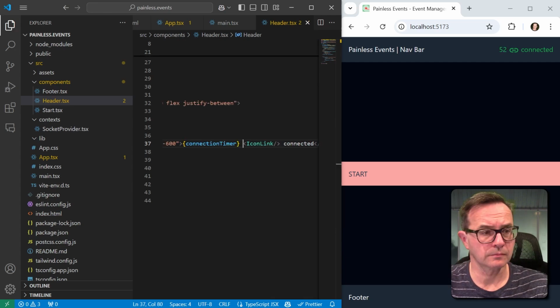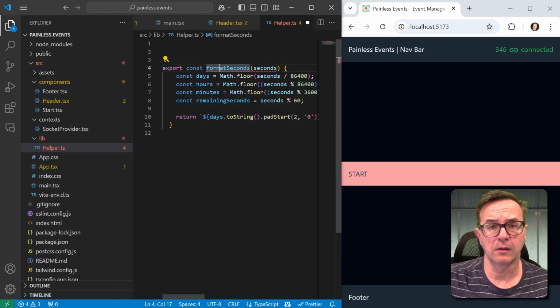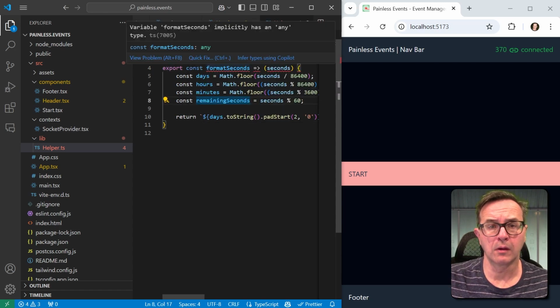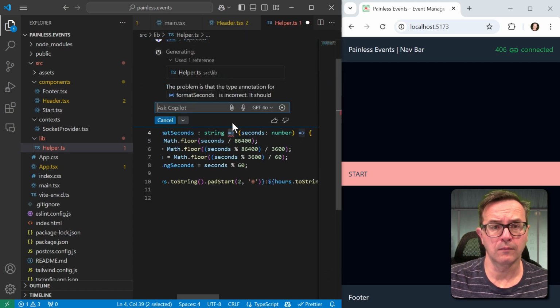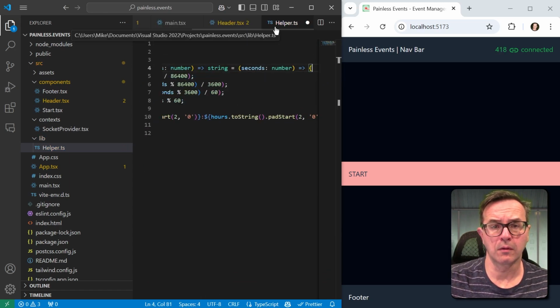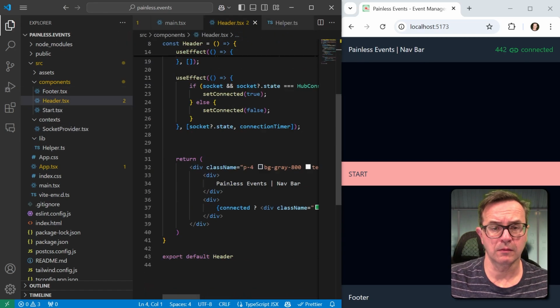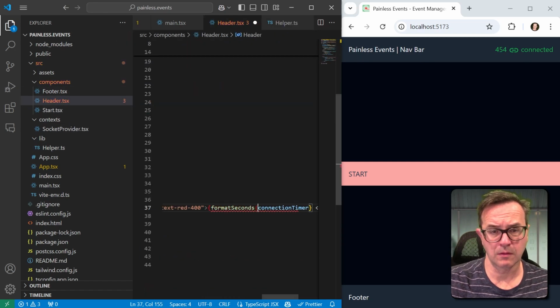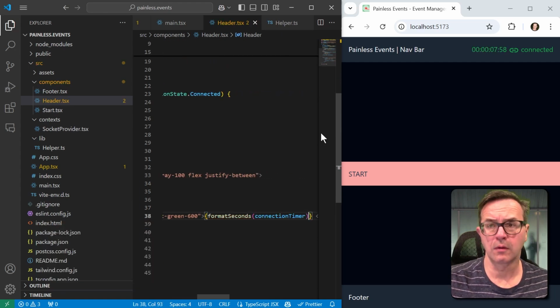Next I create a helper TS file in the lib folder. This will contain random functions that I'll need throughout the project. I copy a function from the web that converts an integer into a string indicating days, hours, minutes and seconds. I don't like the classic function call, so I convert it into a fat arrow function that can be imported easily. Going back to the header file, I surround the connection timer with this function, resulting in a much better